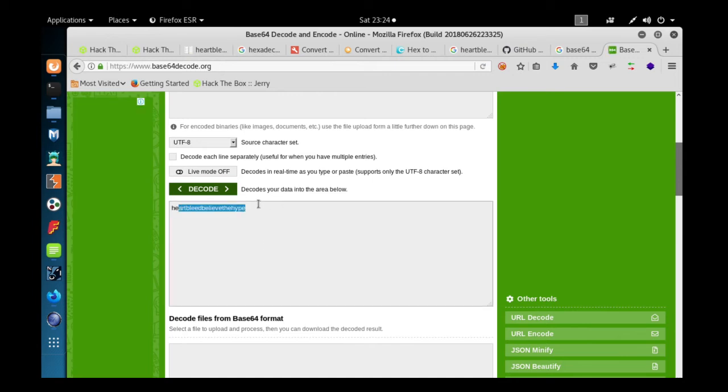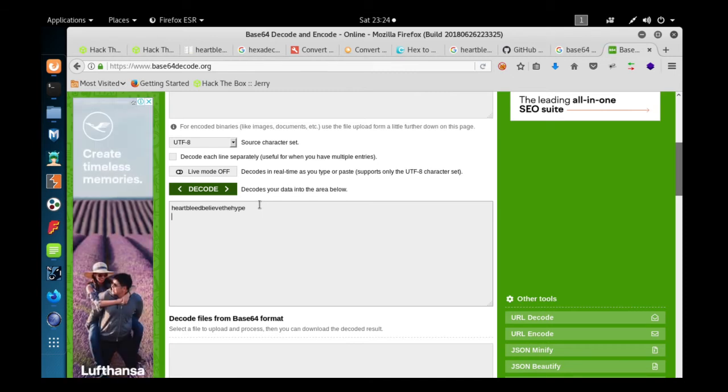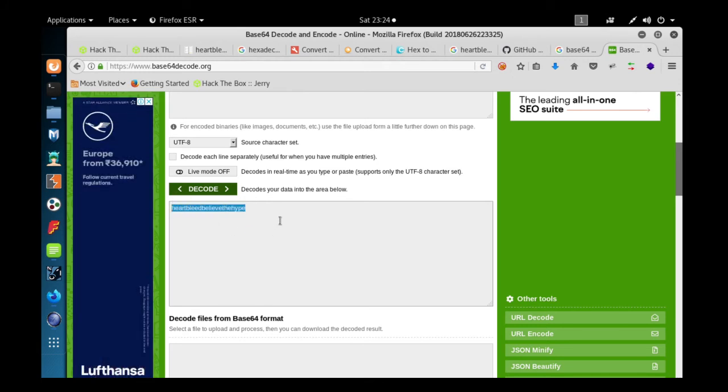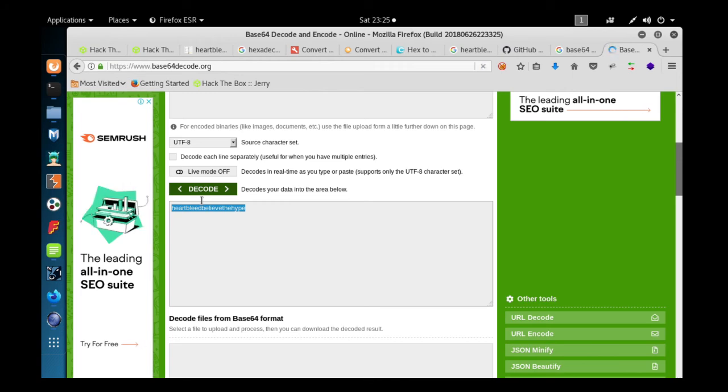It says Heartbleed, believe the hype. So Heartbleed, believe the hype. Hype is the username, and so this is basically the passphrase, you can say that. So now we will go to the SSH where we were trying to log in